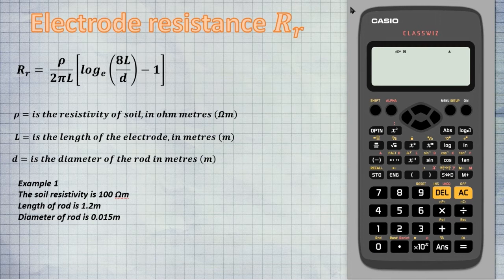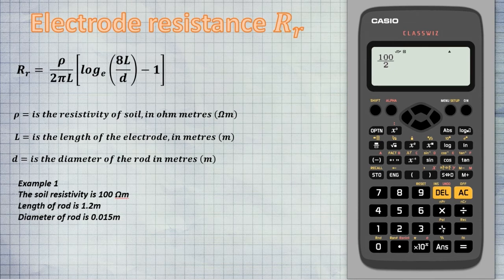As demonstrated in part one of Maths for Electricians, we start by entering the first part of the equation, which is a fraction. The resistivity on the top line is 100. Using the cursor, go to the bottom line and enter the values, which is